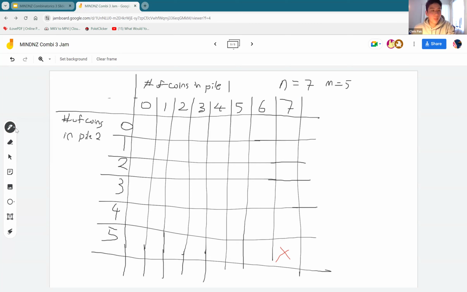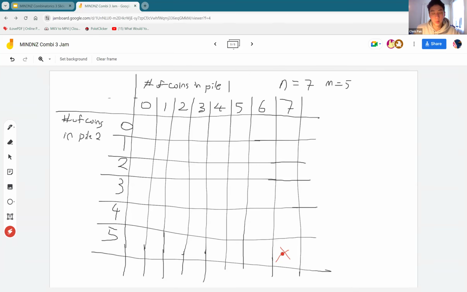If we think about what a move is actually doing, you can take a certain number of coins from one pile or the other. Taking a certain number of coins from pile one means you're decreasing the value this way, so you can move the position of the game somewhere along this row. But if you take some number of coins from pile two, you're decreasing this number, and that's equivalent to moving the current game state somewhere further up